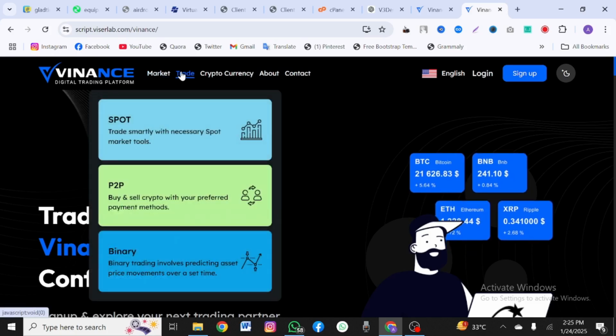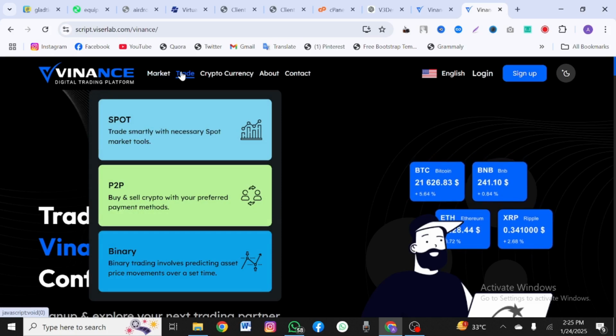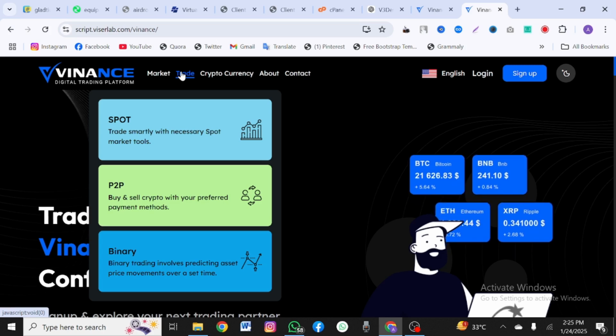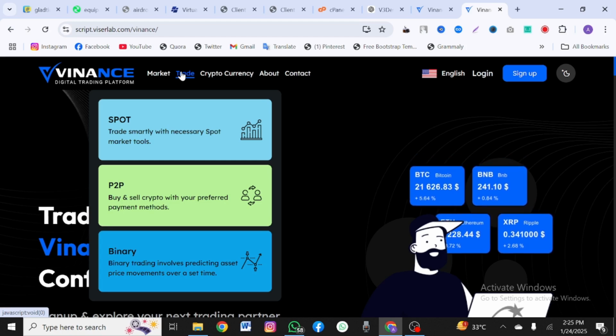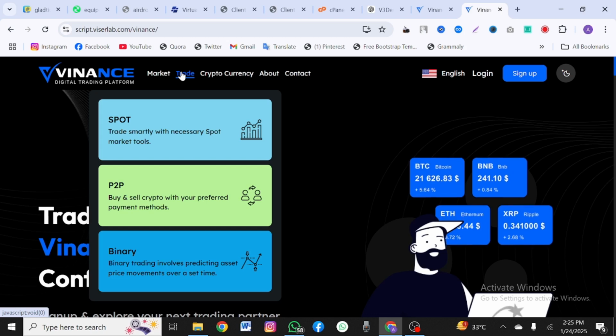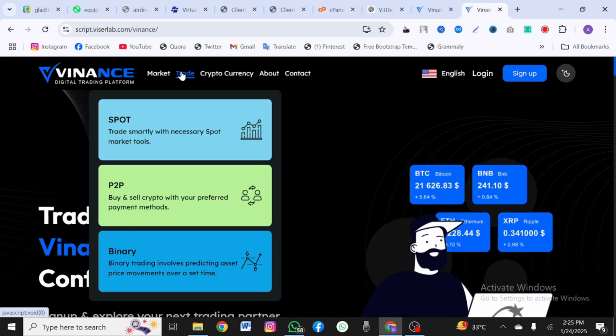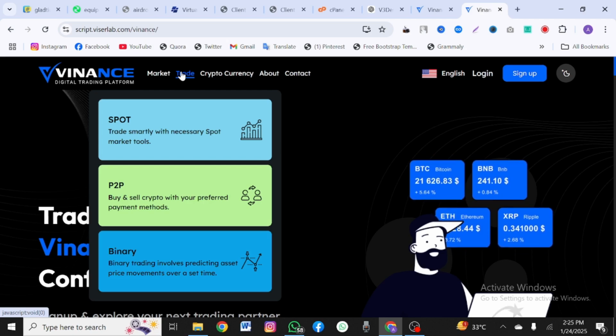So a lot of you guys have actually been asking me how to create your own trading website, just like Binance, your own cryptocurrency investment and trading website, just like Binance, such that you have the spot feature, the P2P feature, and the binary feature. So I successfully found something that could actually help you,